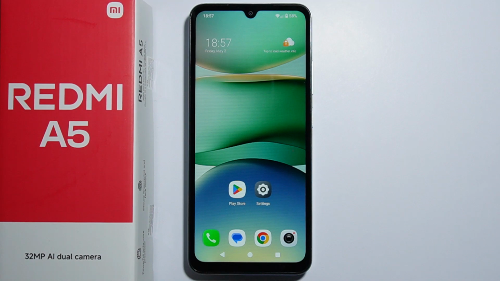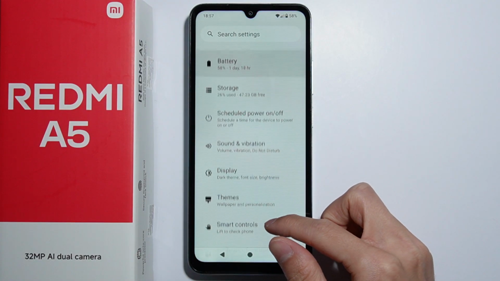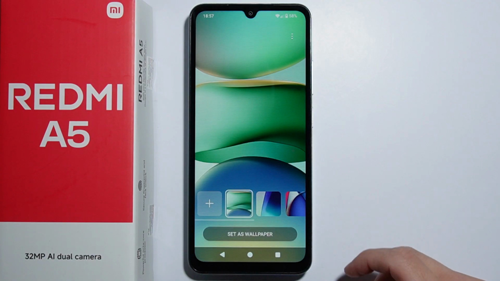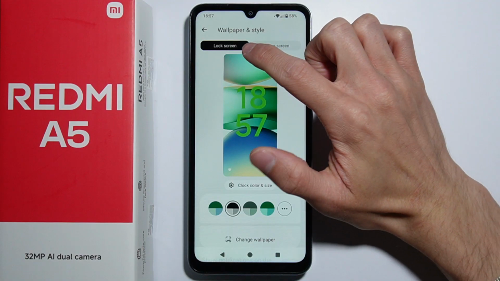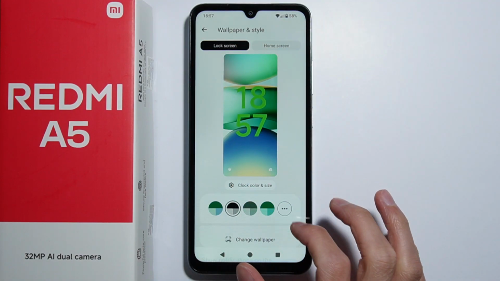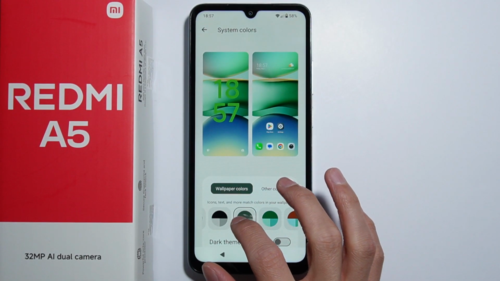To customize the lock screen on Redmi A5, all you simply have to do is first go into the settings. From here you have to scroll down and go into themes, and as you are here you will have to go for these three dots on the top right corner. And right now select lock screen, and as it is selected, here you can change some wallpaper colors, but for